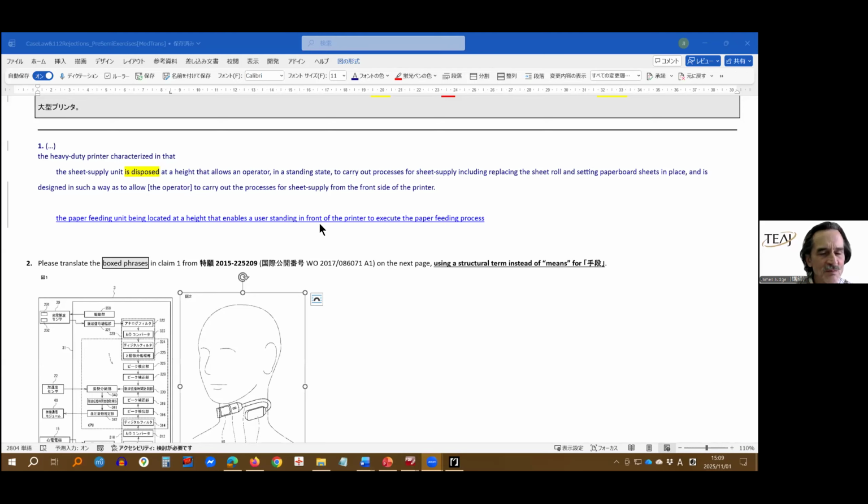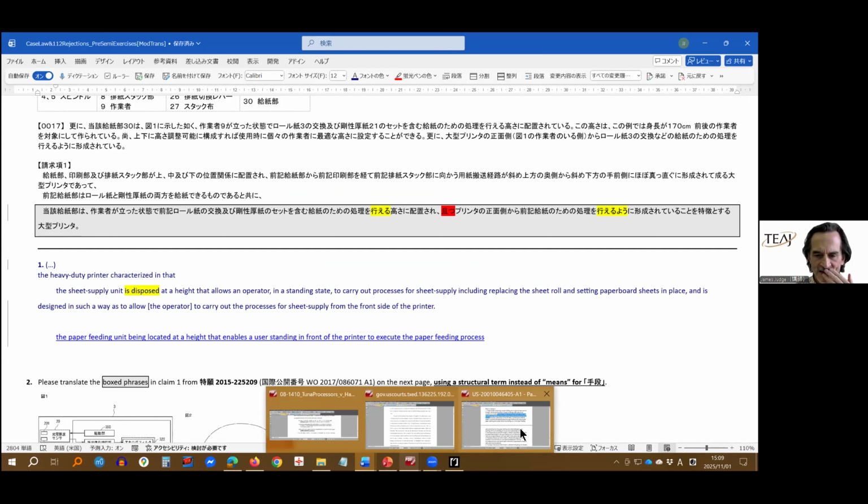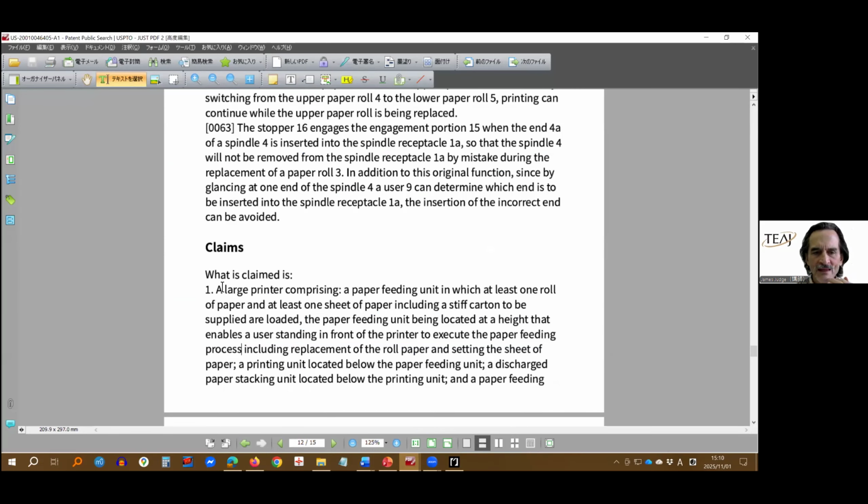I said I was done with Miyazaki, but I forgot that I wanted to comment on this word ogata printer and the translation I came up with. First of all, I would point out that simply saying a large printer is relative. This term itself is too relative. It's not clear. Compared to an ant or a grasshopper, any printer is large. So it's a relative term.